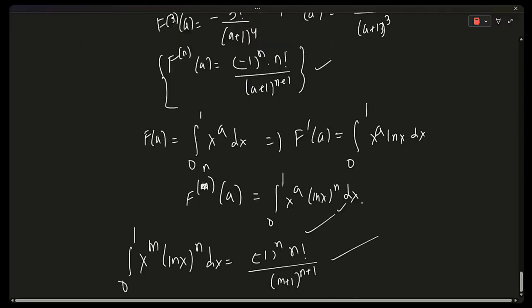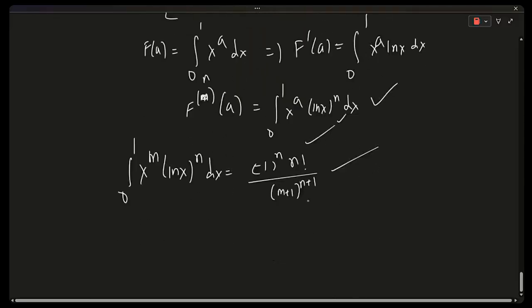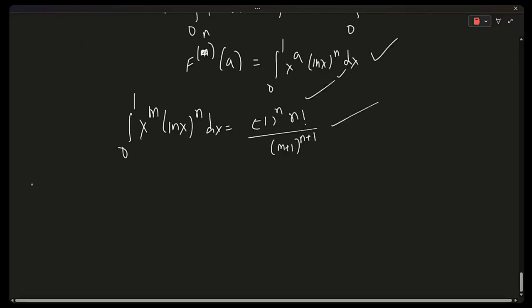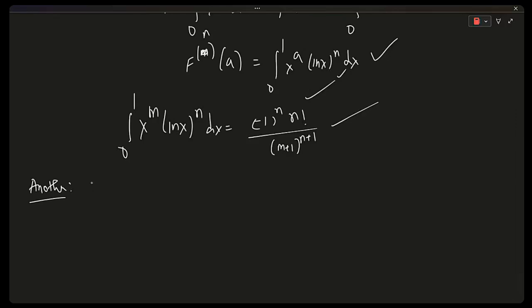So now simply equate the value of f at the nth differentiation in these two representations. We simply get the answer: the integral of x to the power m and ln x to the power n is -1 to the power n into n factorial by m plus 1 to the power n plus 1. Another method, which is a preferred method as well, is proposed by Shorolipi, where rather than